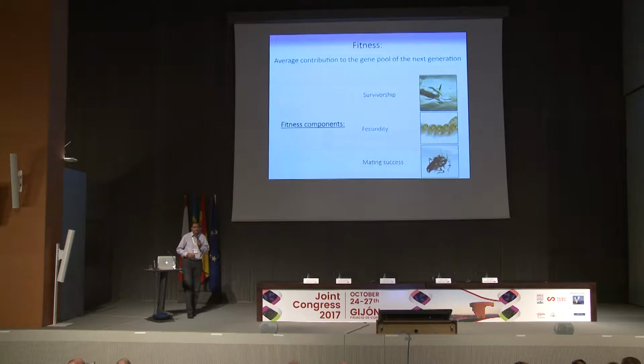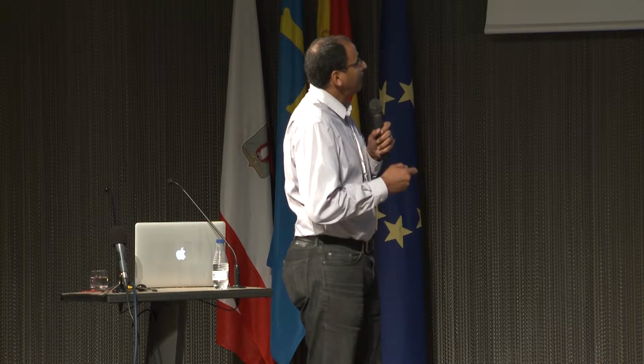Before I go in more detail, I would like just to give a very brief reminder for some very basic concepts. So please forgive me if you are familiar with this. I will be talking about phenotypes that affect the concept of fitness. Fitness here is defined as the capacity or the average contribution of phenotypes or individuals or alleles to the next generation. And these are affected by 3 main components: survivorship, fecundity, and mating success.